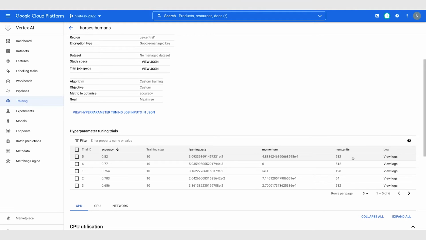So these trials were run, and each time Vertex AI recorded the accuracy metric, and we sorted these, and as a result, we can see that the trial that had the highest accuracy value was this trial ID number 5. And so that means that these are the values we would want to set for our learning rate, the momentum, and the number of units. So this gives you just a little picture of what we'll be working up to.